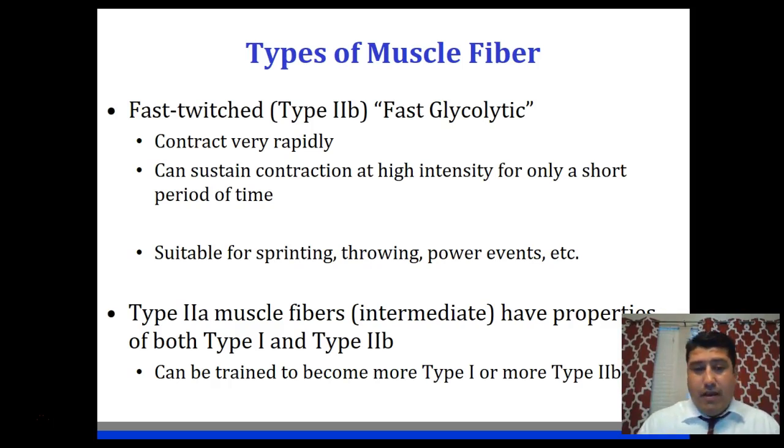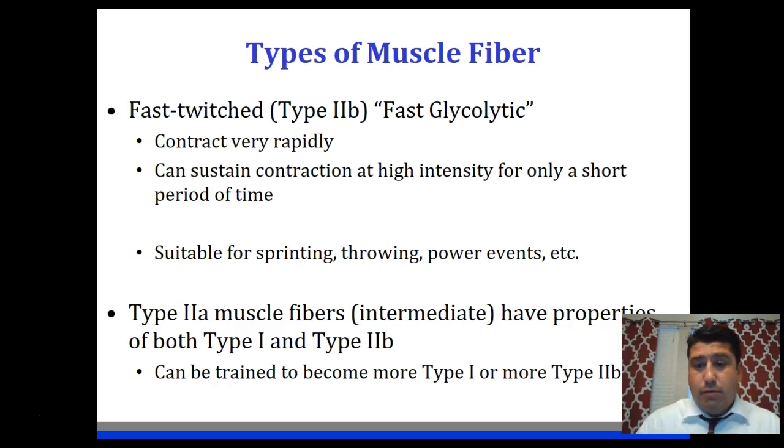So in other words, if you have a high percentage of type 2A muscle fibers and you engage in a sprinter's workout or a training program that allows you to become a more proficient sprinter, those type 2A muscle fibers will become more like the fast twitch muscle fibers,